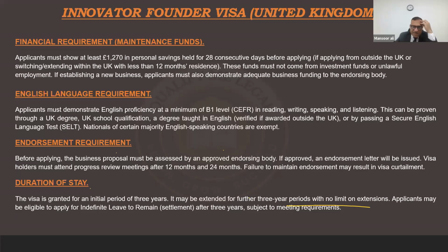Amar, can I stop you here? The next category is Innovator Founder Visa. Let me go into Innovator Founder Visa, then you can pose any question related to it. If your question is related to Innovator Founder Visa or Visit Visa, pose it at this stage. Otherwise, I'm going to answer when we have finished Innovator Founder Visa. Sure, I would wait for you to finish. That's wonderful. Let's go to Innovator Founder Visa.